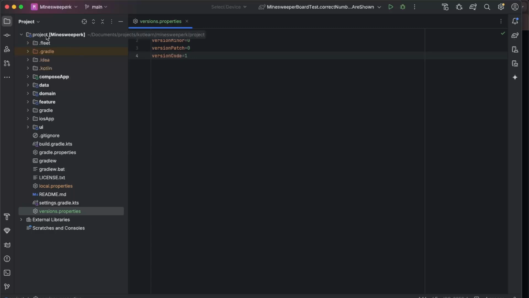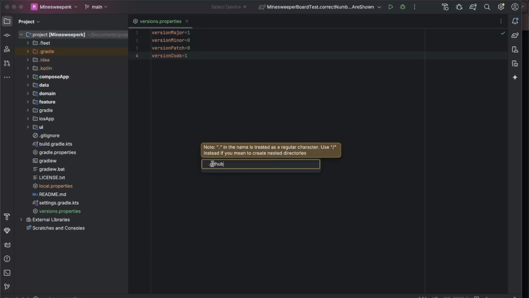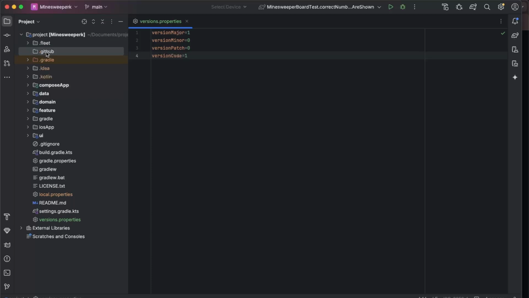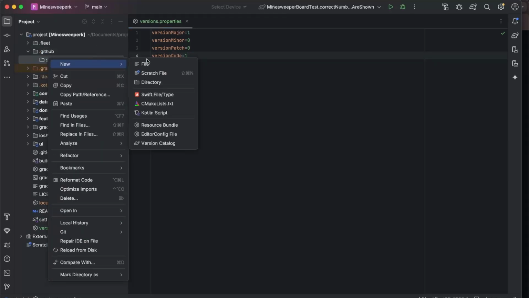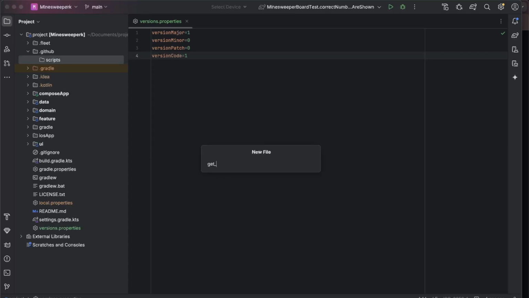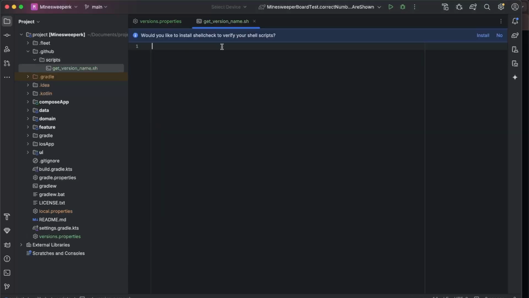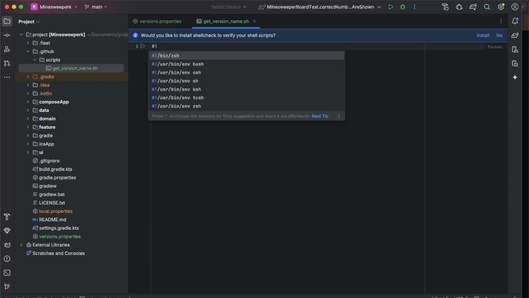Now we'll add a script that we can call in our GitHub action workflow to get the version number as a string. I will do that in a .github directory at the root level. Inside there we'll create scripts. From here we'll call it getVersionName.sh. Now this is going to be a bash script, so we'll declare that up here,